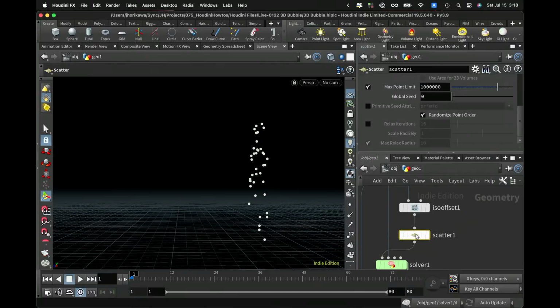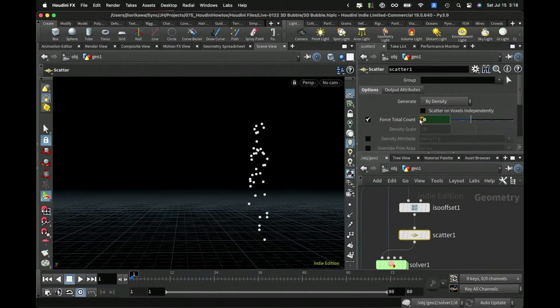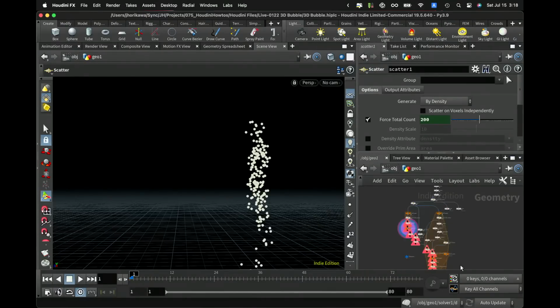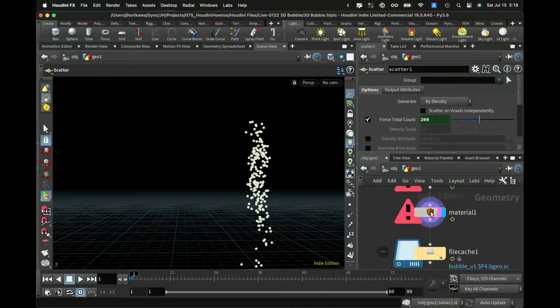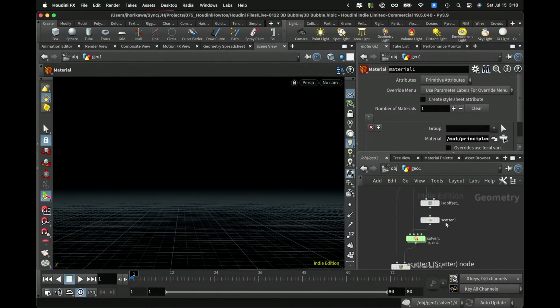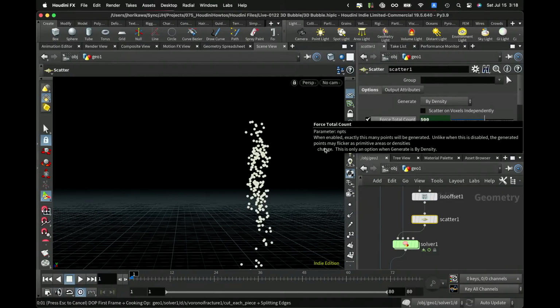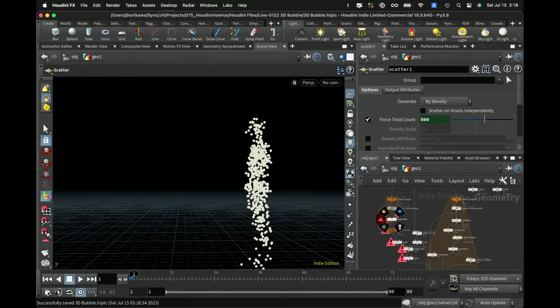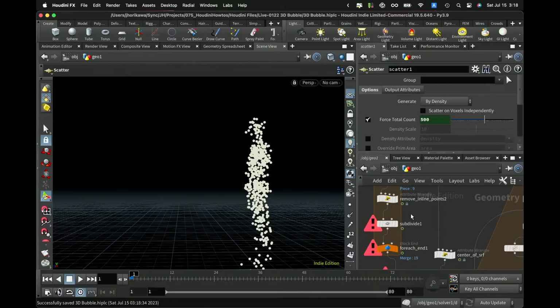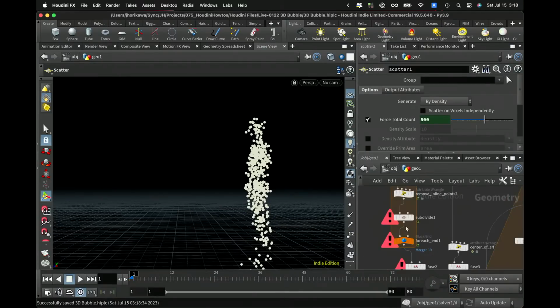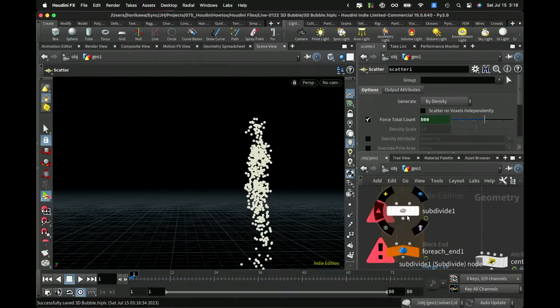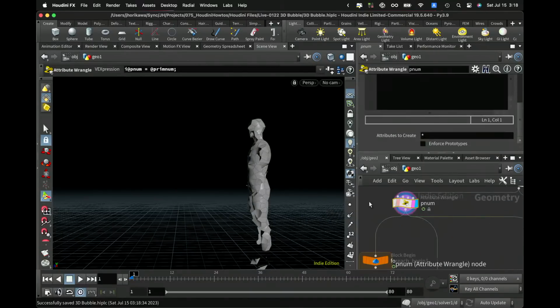Let's try that first. If I increase the number of points, in this case maybe like 200, does it give me result? No, not yet. Might take some time. 500. Still not. So maybe I need to create some kind of error passing functions so that even if the geometry is not being created for some mesh,